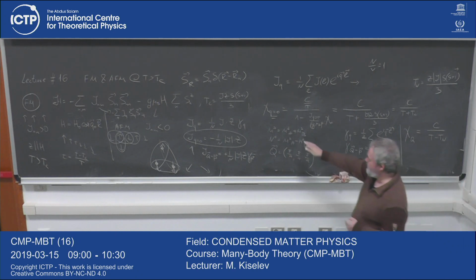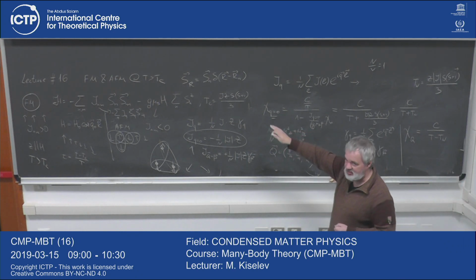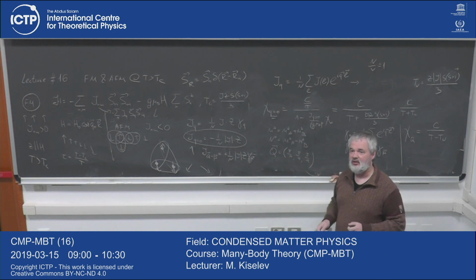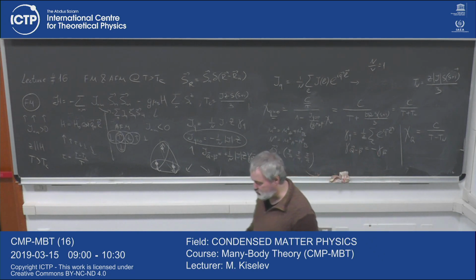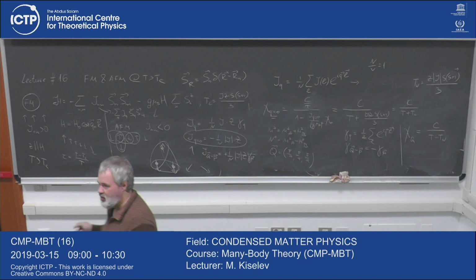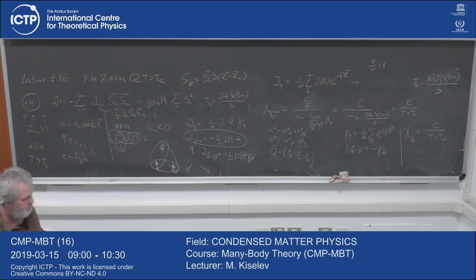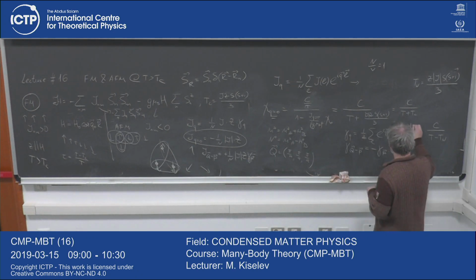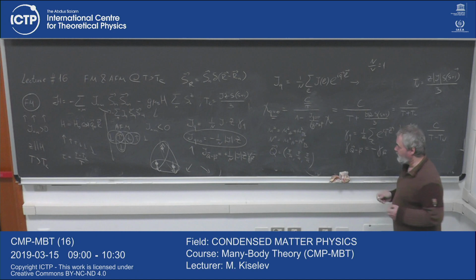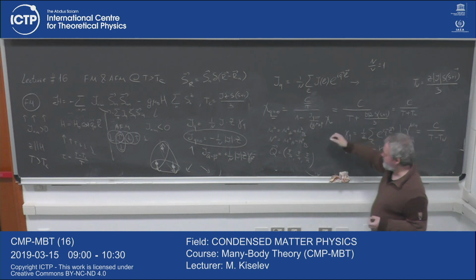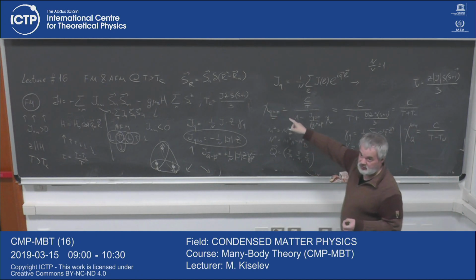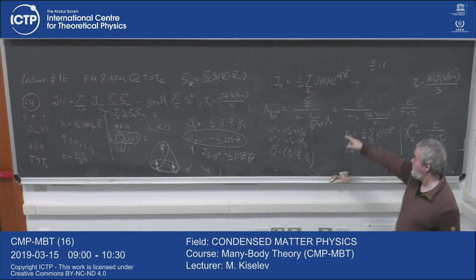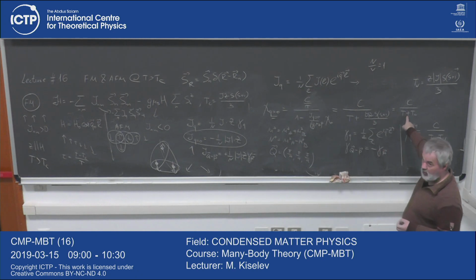Here, for ferromagnets, we have a susceptibility corresponding to zero wave vector, which diverges at the critical temperature known as the Curie temperature. For antiferromagnets, the uniform susceptibility, the response at a zero wave vector, doesn't diverge at all, while the